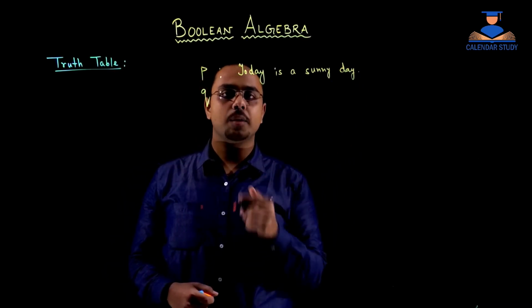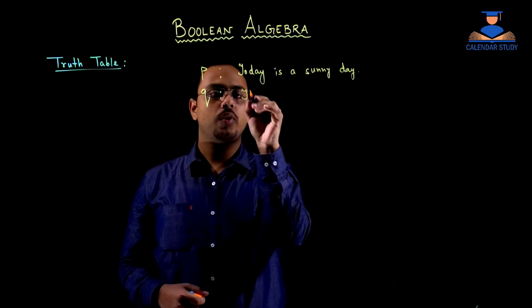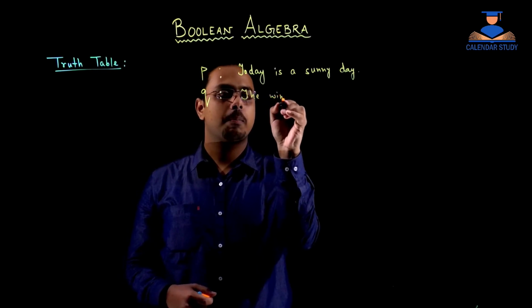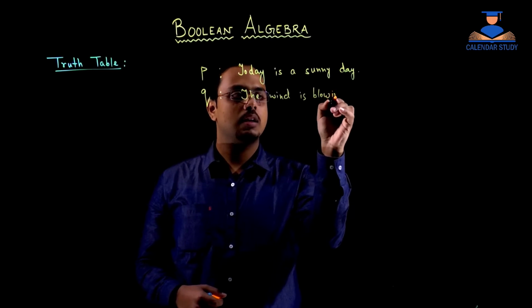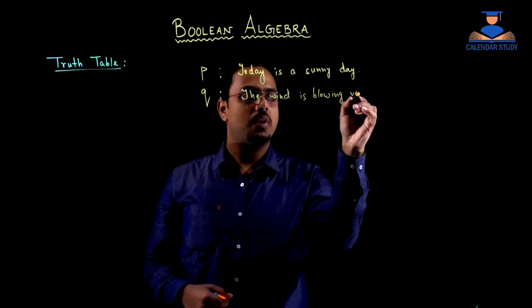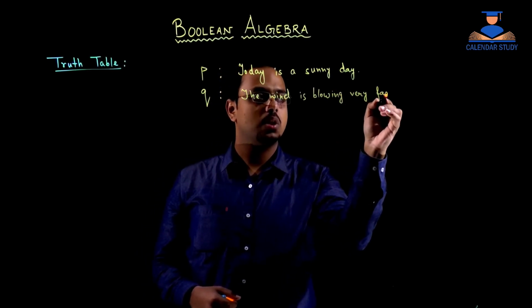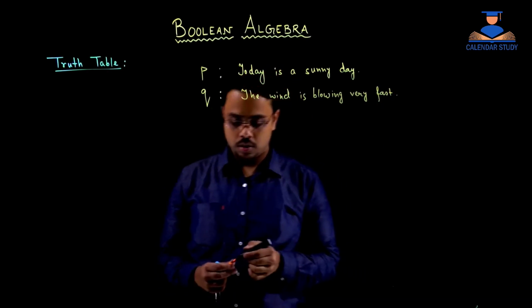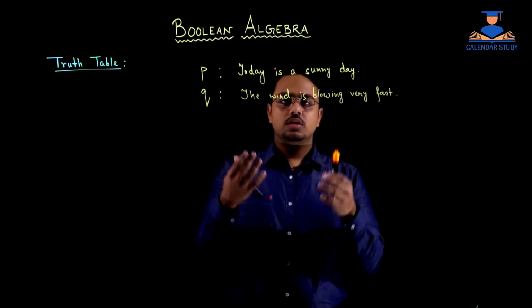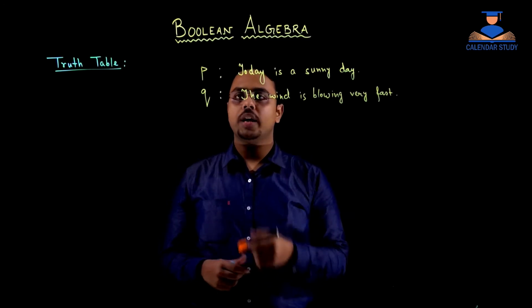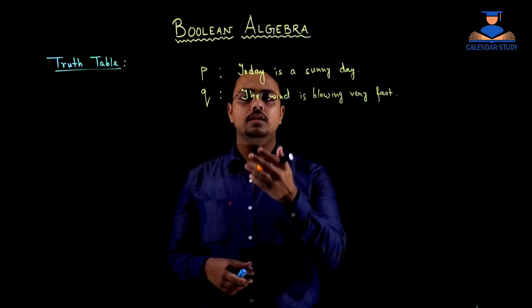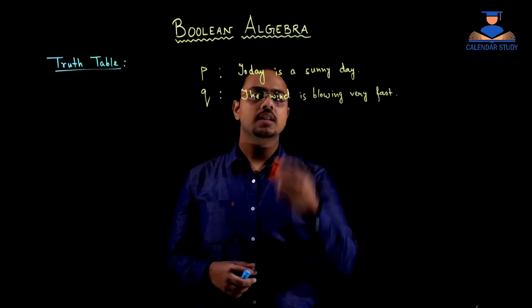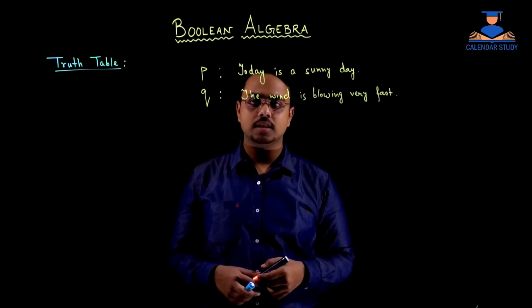Let us take another statement Q as, the wind is blowing very fast. Okay, so these are two statements denoted as P and Q. P says today is a sunny day, and the statement Q states that the wind is blowing very fast. Okay,